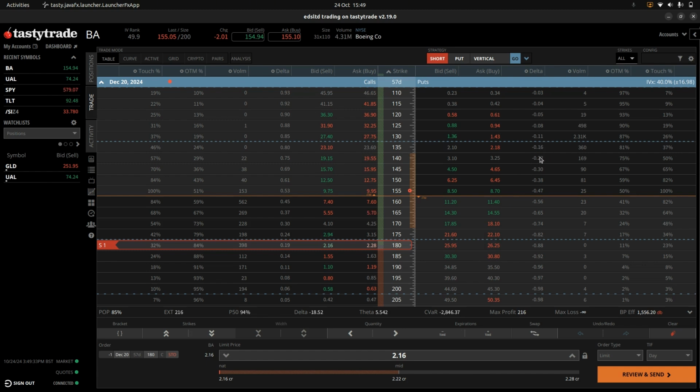I would be tempted to be at the 16 delta here. So we've essentially created a range between 135 and 180. And essentially, this is the position. So we'd have negative 2.4 deltas on the overall position, which is pretty close to being delta neutral. And we would collect a massive